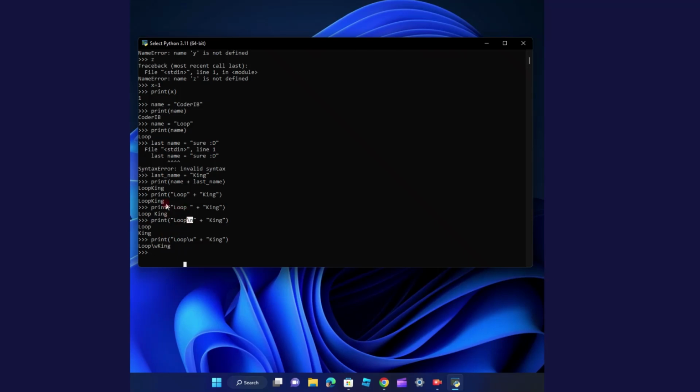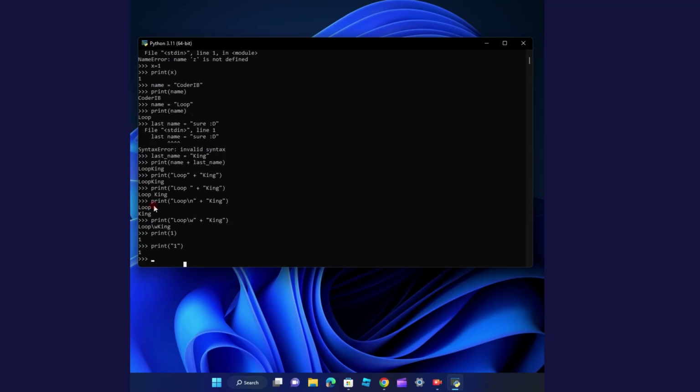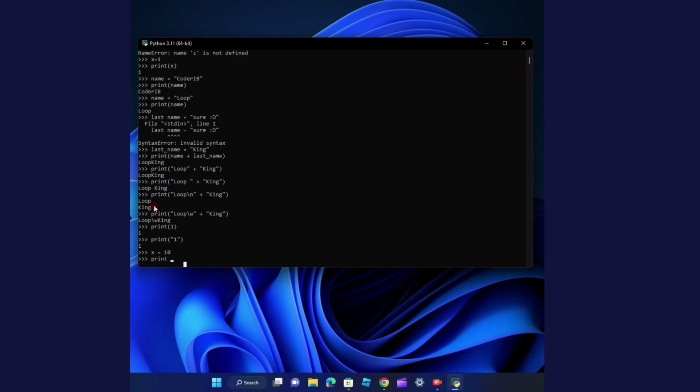So let me see. So variables, printing. What else do we have? Numbers. So we already went over numbers. If you do this, it will show 1. If you print it like this, it will still show 1. If you set a variable to like x equals 1 or 10, and then you print this,